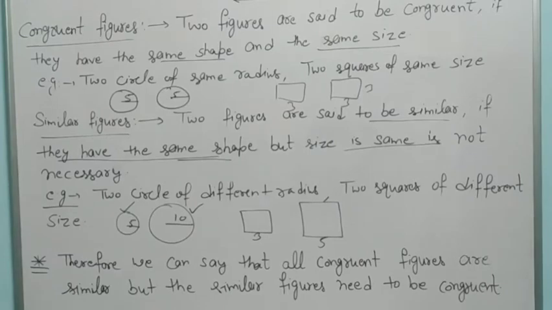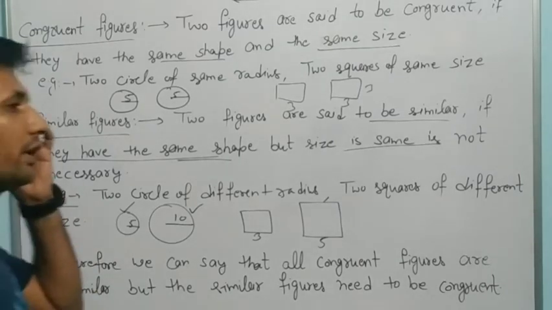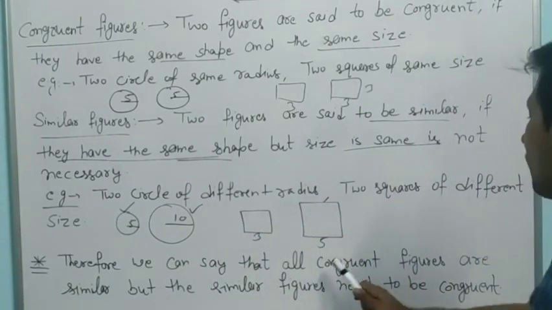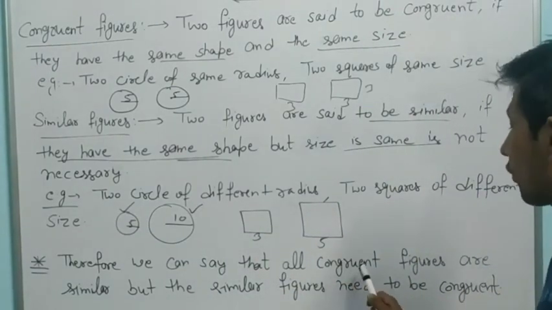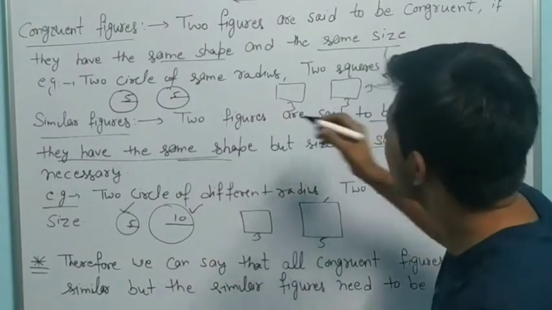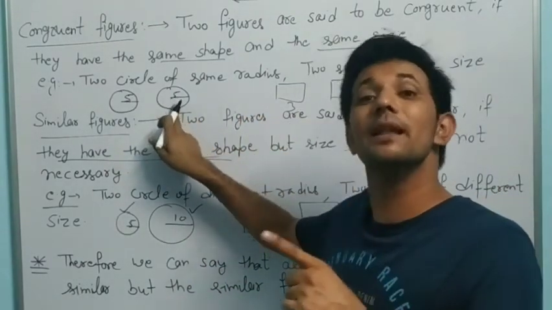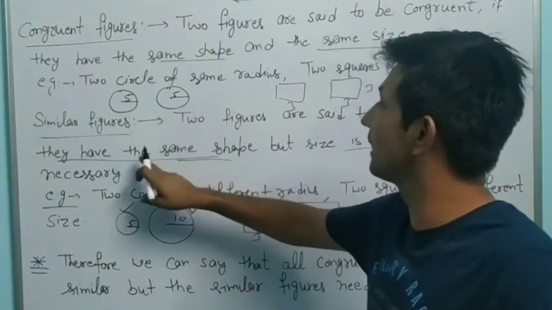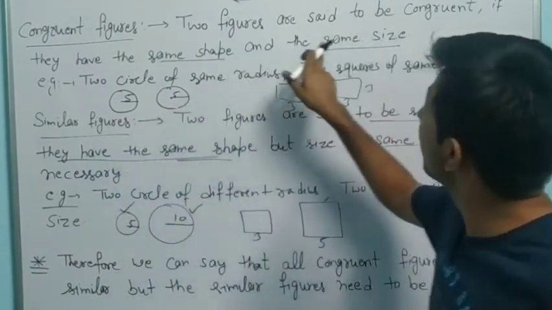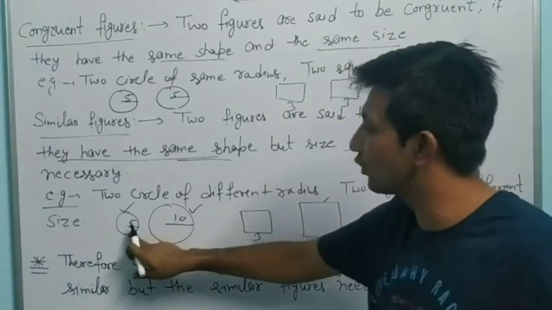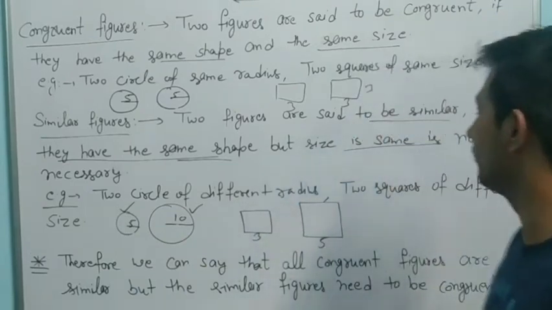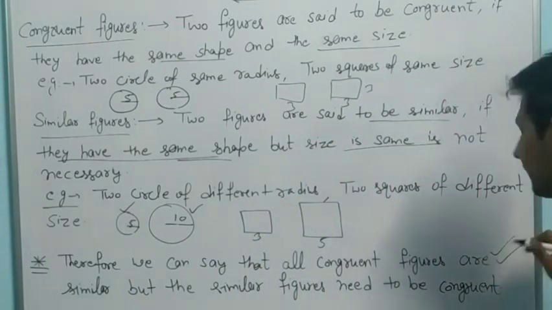So, dear, what can we conclude from here? It means all congruent figures are similar. Yes or not? Yes. These two figures are similar also. Why? Because similar means they have the same shape. But for congruent the size must also be the same. But these two figures' sizes are not the same. It means they are not congruent. This point is very important.